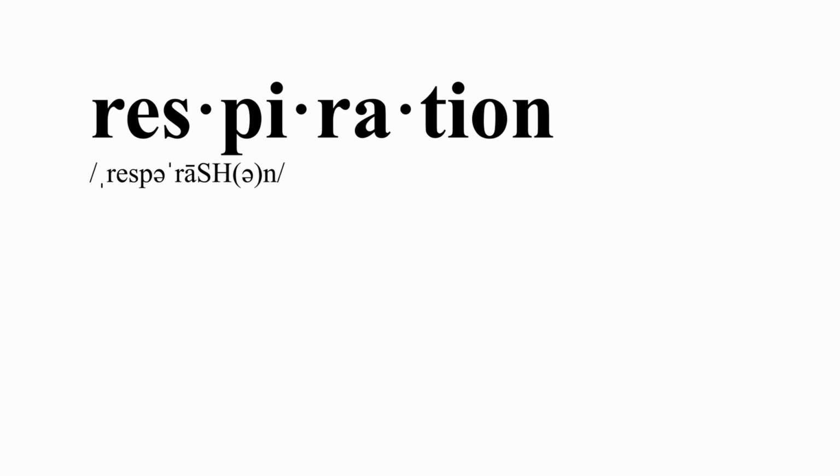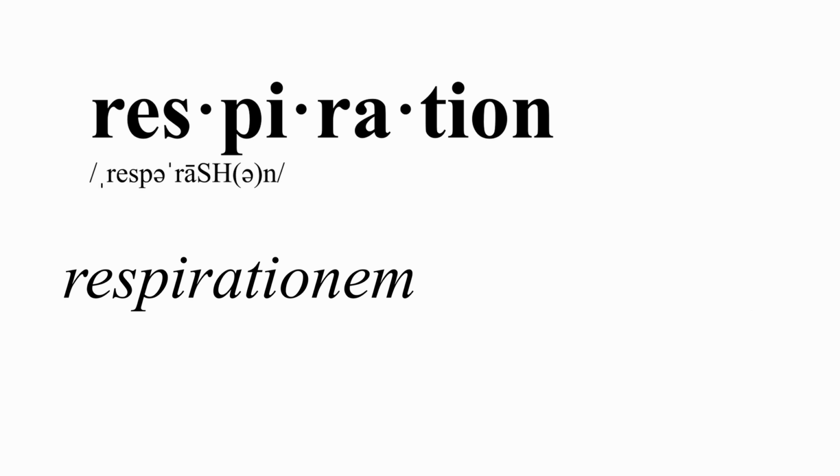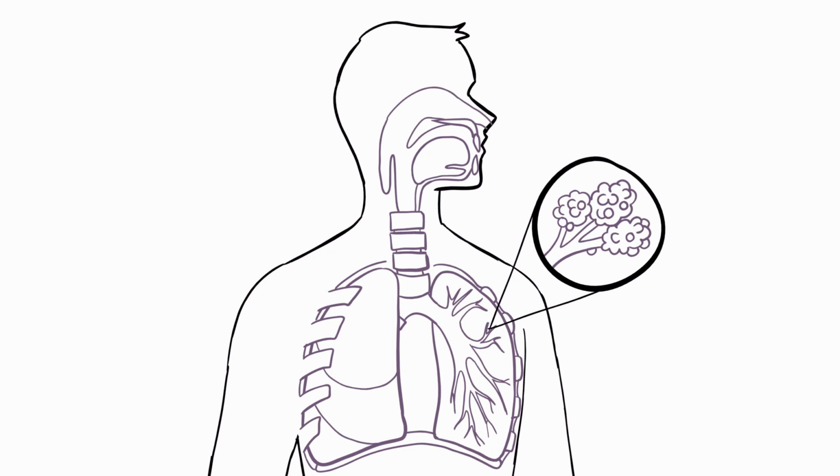Because, just like any other systems in our body, the respiratory system is important and vital to life. But, what is the respiratory system? Respiration comes from the Latin word respirationem, meaning breathing, and re, which means again. Every cell in our body needs oxygen, and luckily, the respiratory system contains the major organs that are responsible in helping us breathe. Respiratory system is the network of organs and tissues that help us breathe.